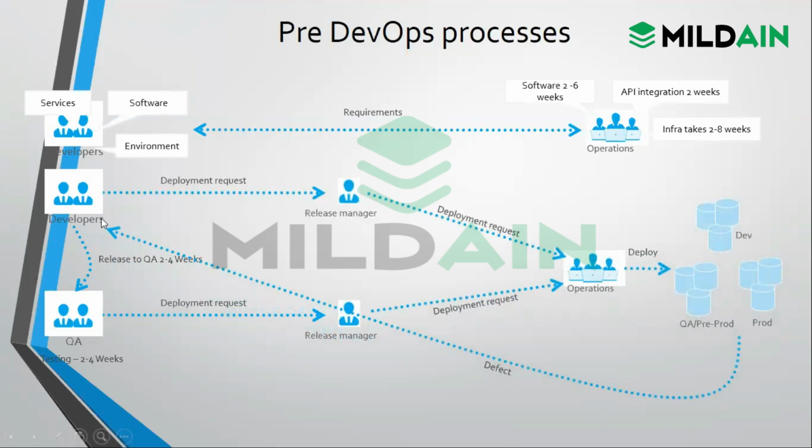So now QA, pre-prod, prod, and development are being deployed on this. If a defect comes, then it again goes to the developers. Then developers make the changes. Then QA testing is done. So what is happening? It was taking too much time. Only when it was reaching here, defects were coming, and then it goes back to the developer, and the complete cycle takes place again. So this was the thing.